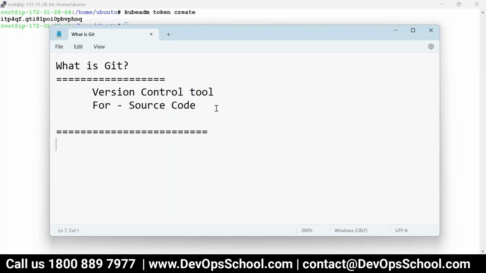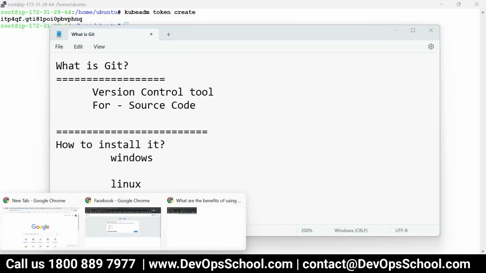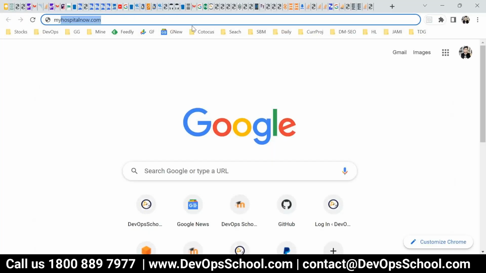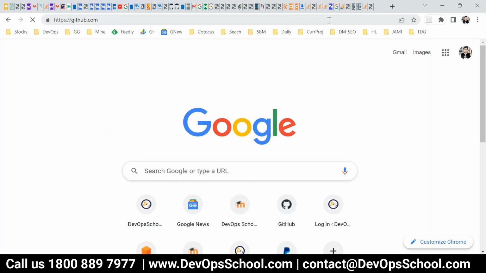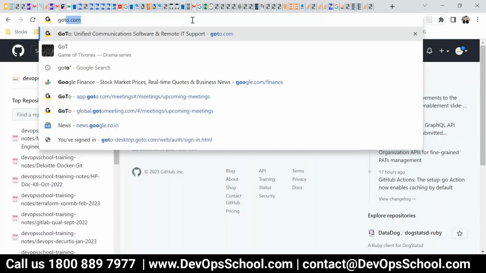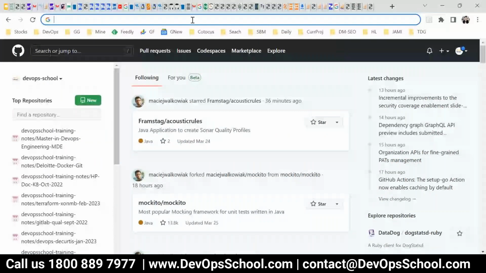Now the next question is how to install it. It's simple. Whether you are on Windows, Linux or Mac, because you can install it anywhere, you can go to this website, git-scm.com.